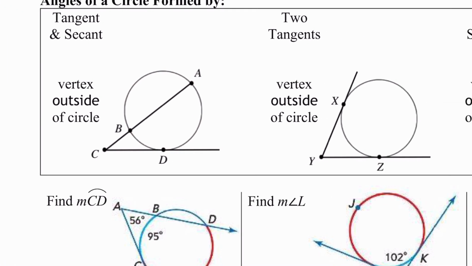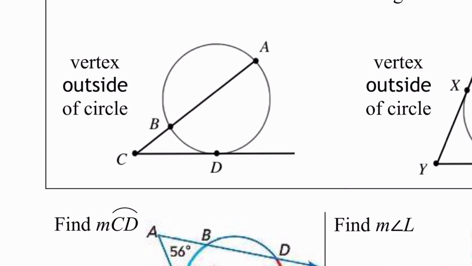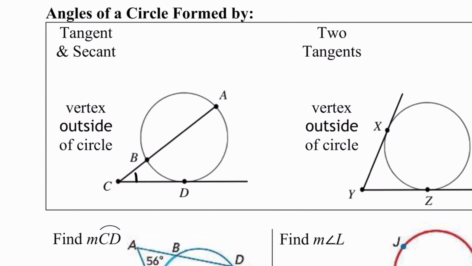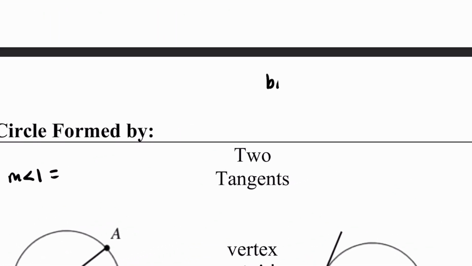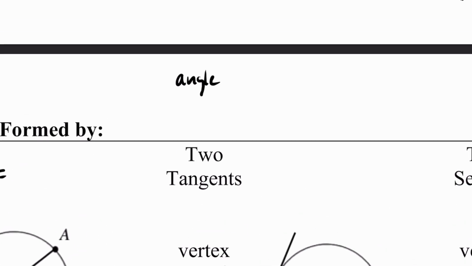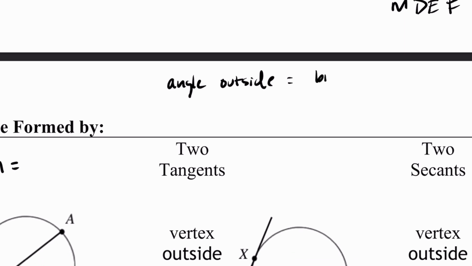It's really, really easy. To figure out this angle, I'm going to call this angle 1, so I don't have to write so much here. To find measure angle 1, it's equal to this big arc minus this small arc, okay? So let me write this. The angle outside is equal to big arc minus small arc